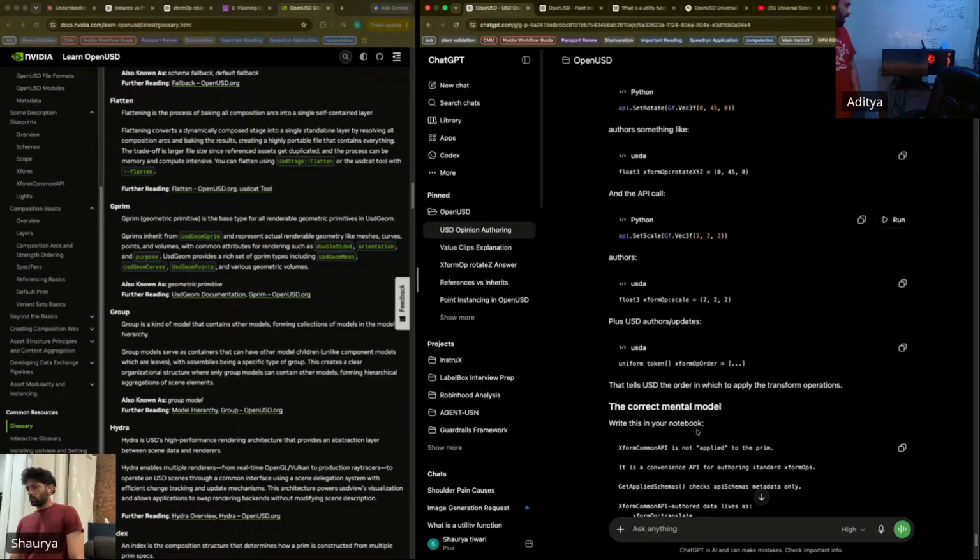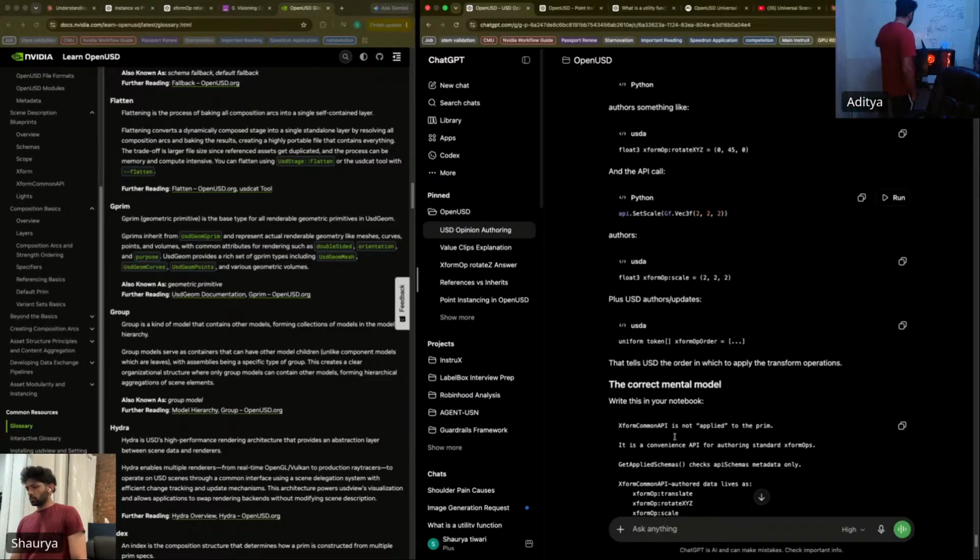The correct mental model: what is XformCommonAPI? XformCommonAPI is not applied to the prim.